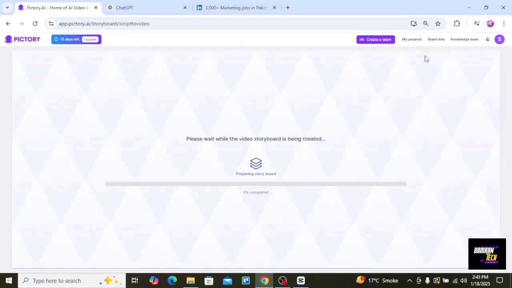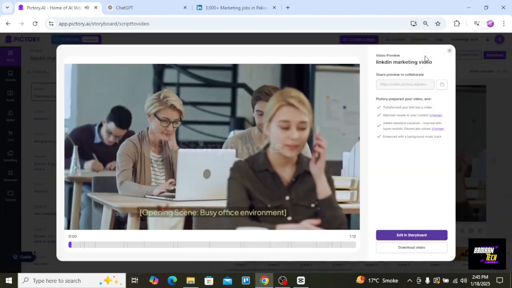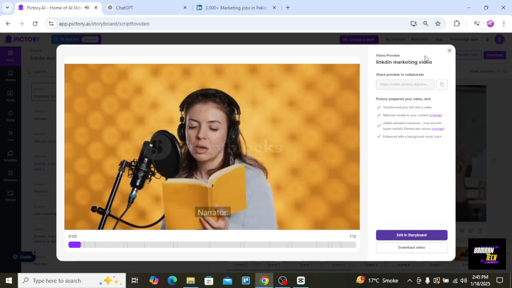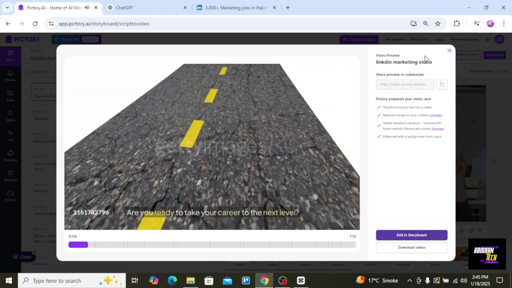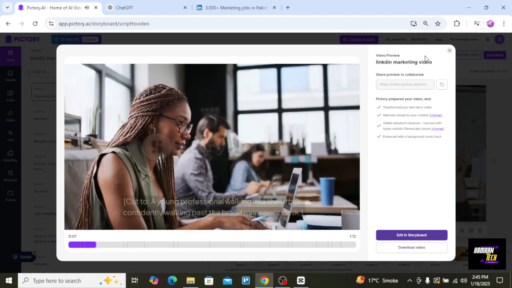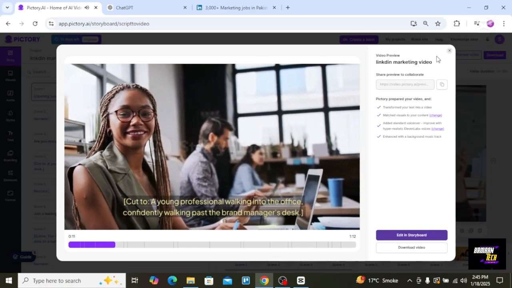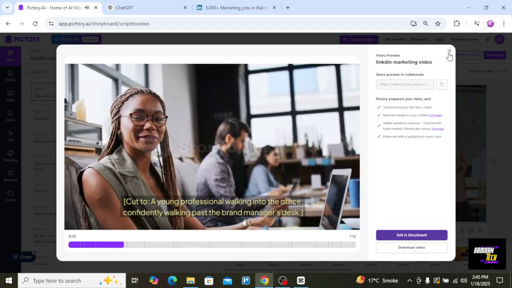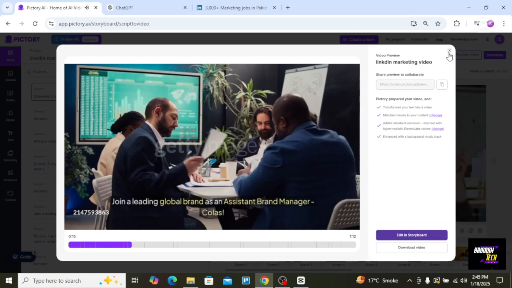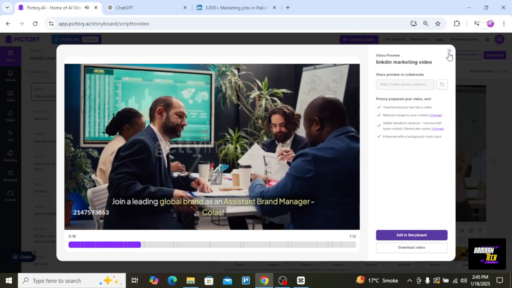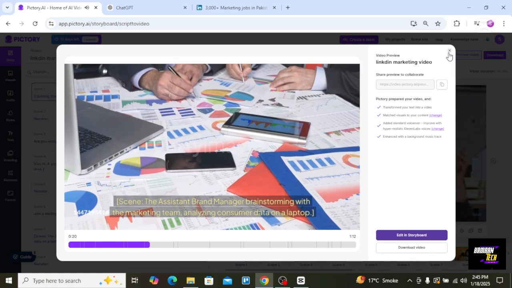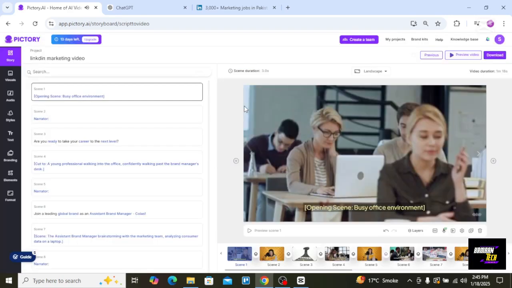So please wait while the video storyboard is being created. Opening scene. Busy office environment. Narrator. Are you ready to take your career to the next level? Cut 2. A young professional walking into the office, confidently walking past the brand manager's desk. Narrator. Join a leading global brand as an assistant brand manager. So in this way you will use Pictory for LinkedIn video marketing, and you will also